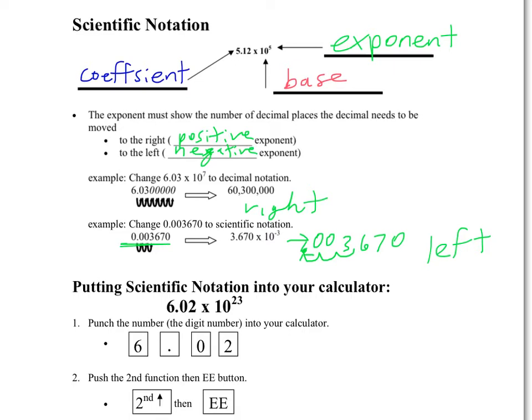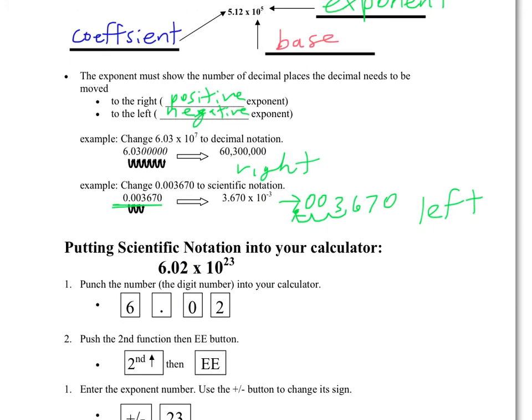If you are unfamiliar with putting scientific notation into your calculator, you need to get familiar with it. The instructions are here below. Instead of an EE button, you may just have an E on top of another button. It depends on what type of calculator you're using. You can always just Google whatever calculator you're using with the words scientific notation, and you can find a video